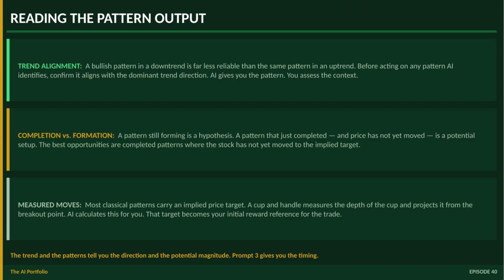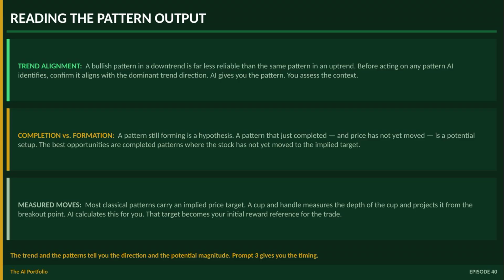Prompt 3 synthesizes everything into an actionable trade structure. Provide AI with the key levels from prompt 1 and the pattern from prompt 2. Then use this: Given these key levels and the pattern identified, define a trade setup. Specify the entry trigger, the stop loss level where the trade thesis is clearly wrong, and the position should be